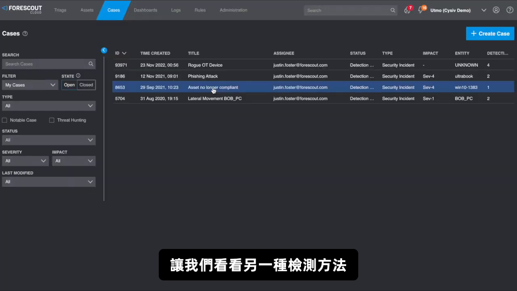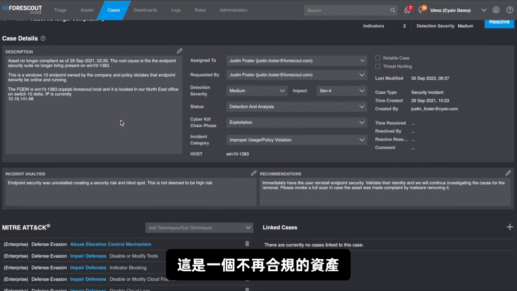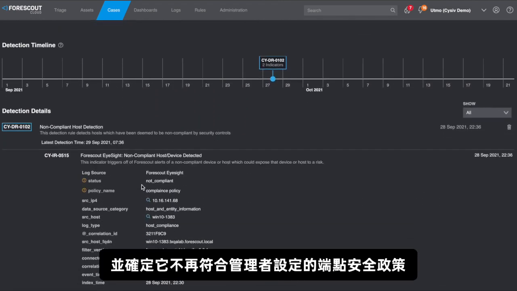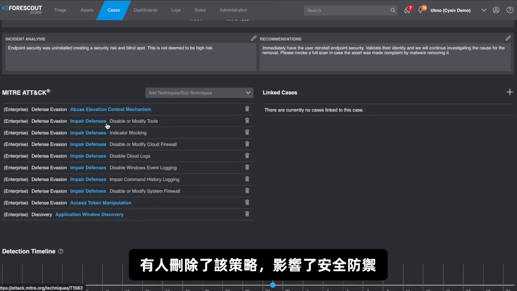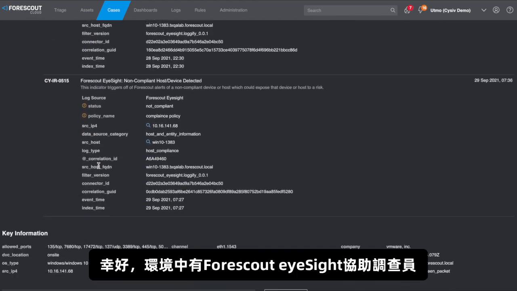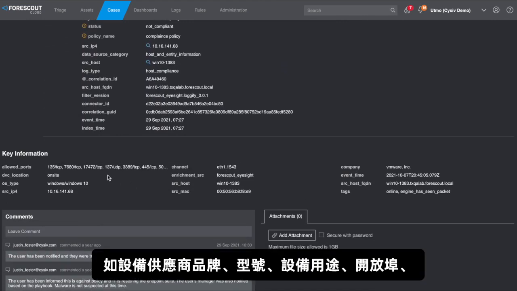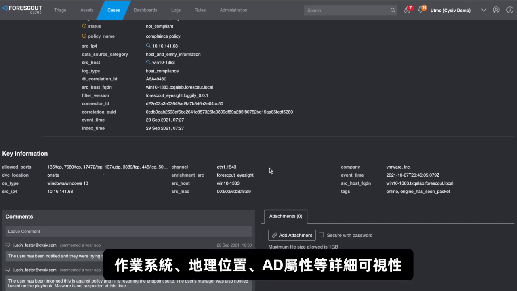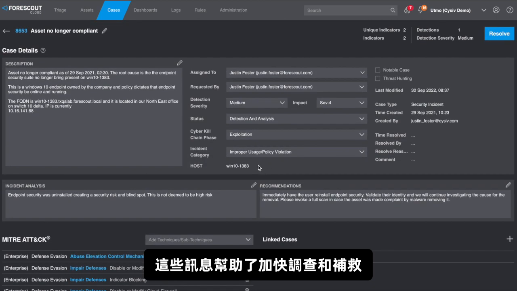Let's take a look at another type of detection. This is an asset that's become no longer compliant. It was actually Forescout eyeSight looking at the asset and determined that it was no longer compliant to its endpoint security policy. Someone had removed that policy, impairing security defenses here. What's great is the investigator knows, because of our position with eyeSight at the network, the vendor, make, model, open ports, operating system, FQDN, which switch it's plugged into, all sorts of information to help expedite the investigation and the